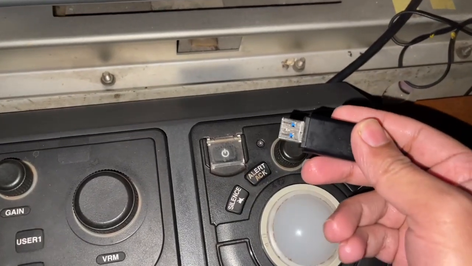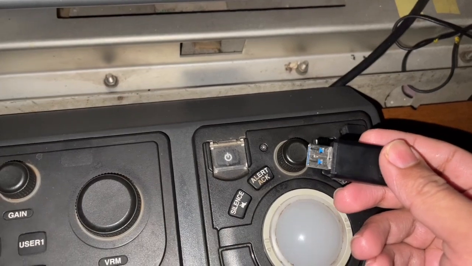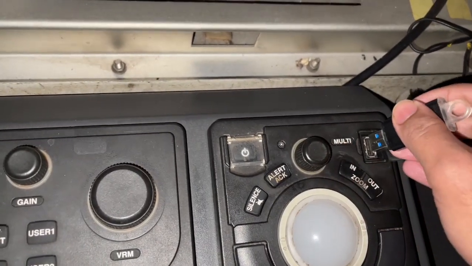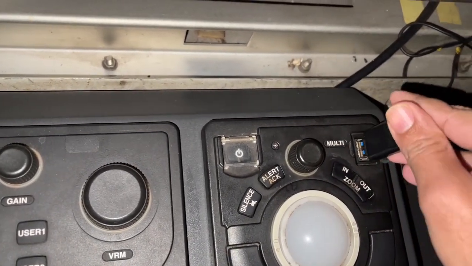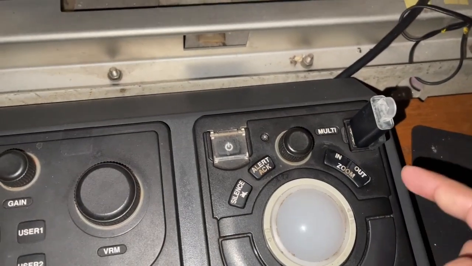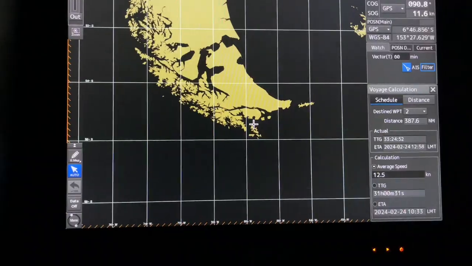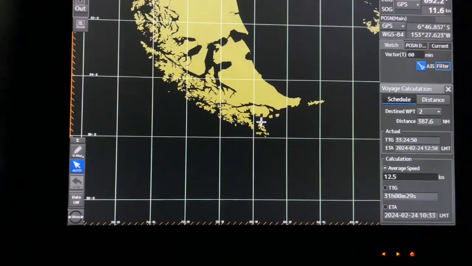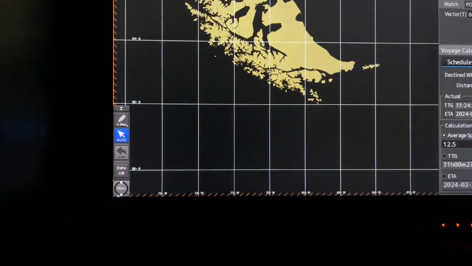So at first you copy the cell permit in a pen drive, then you insert the pen drive in ECDIS. I have copied the cell permit in the pen drive. So after inserting the pen drive in ECDIS, you click on menu,